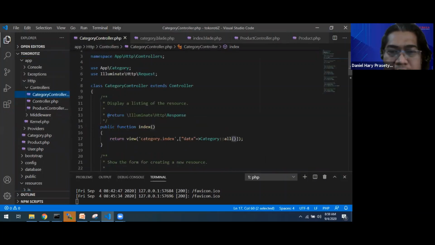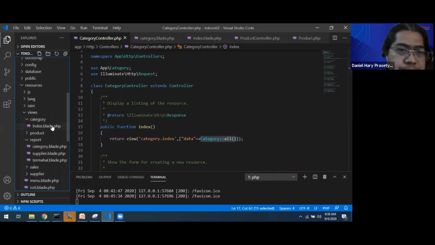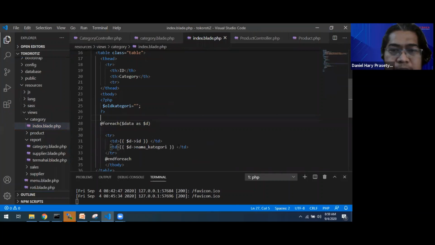See, we just add a parameter for our category, and this is a model. We can get all category data, and in category index split, we can add the product here.